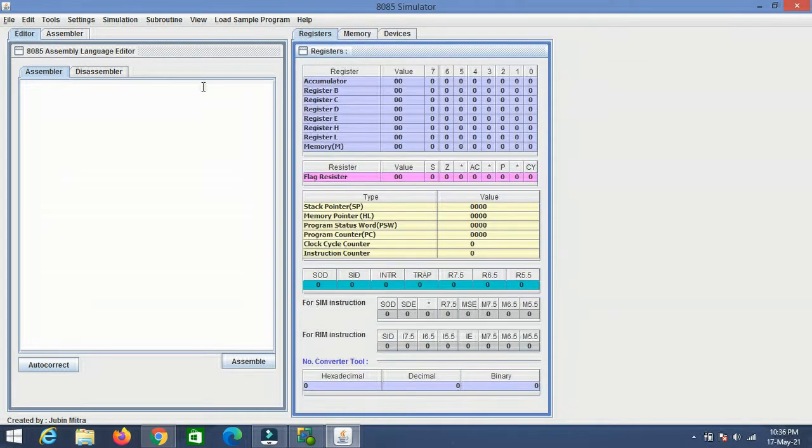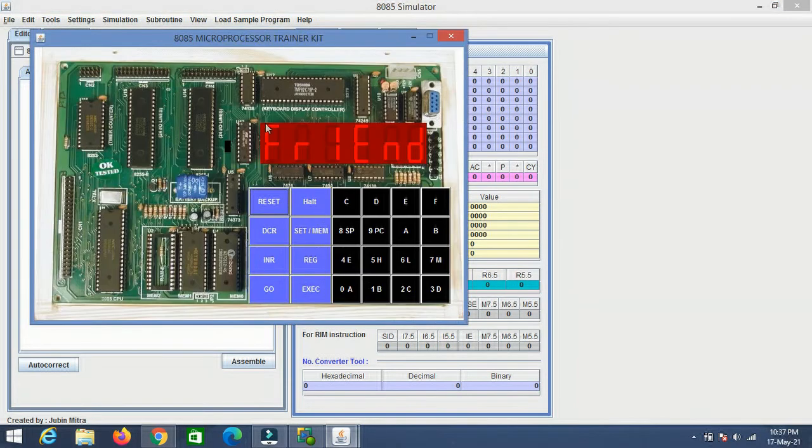So now once you start programming this, it will become very easy for anyone to learn to work with this 8085 simulator. Now let me start with a small addition program. First we will check how the program has to be worked with, where to save the program, how to view the result of this program, and how we could visually see that in the microprocessor trainer kit. That is also possible here. That is what we are going to check.